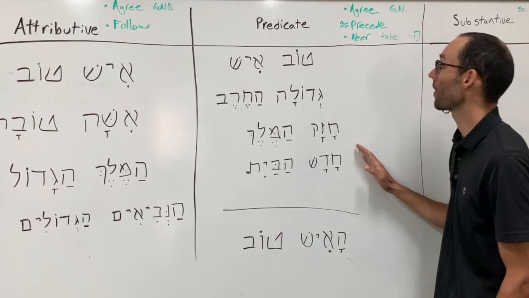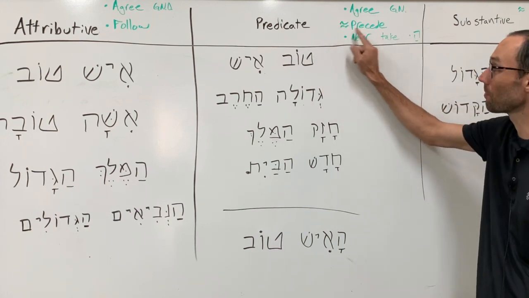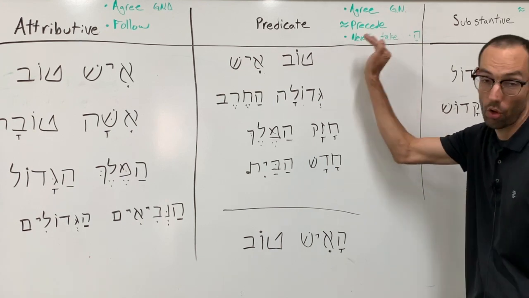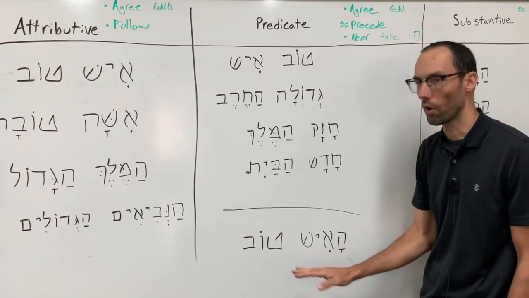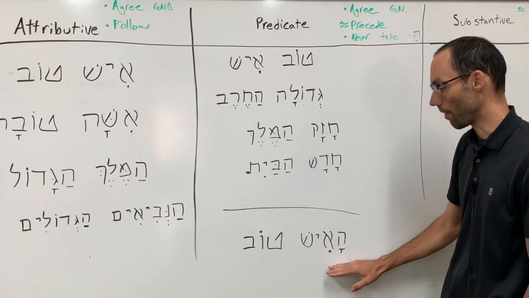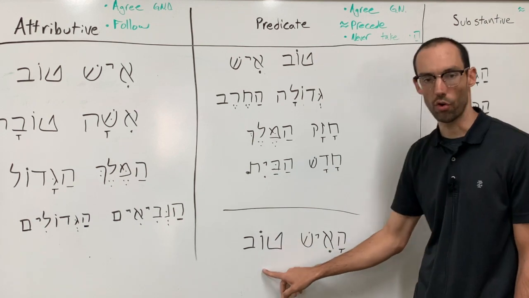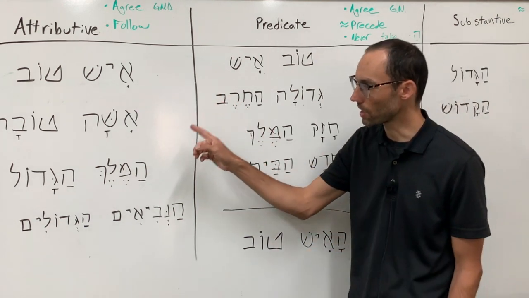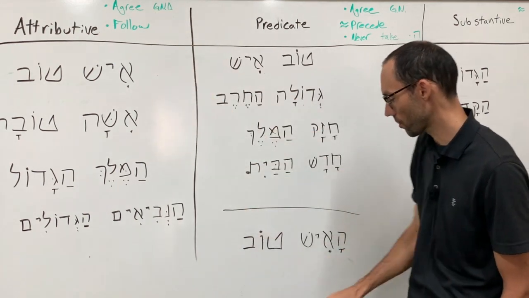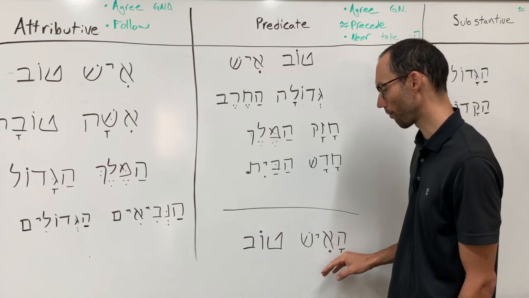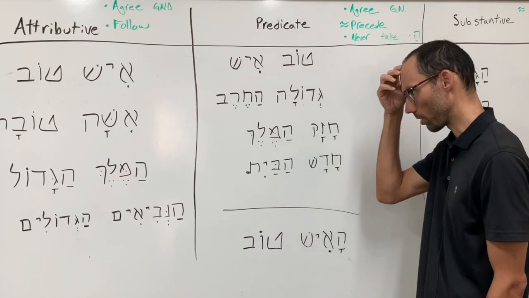Now, I do have to say that the predicate position precedes, but I put this little approximation symbol in there to say almost always. It usually precedes. There are times, rare occasions in the Bible, when the word order will be switched up in the predicate. And so you'll see ha'ish tov. And so you'll be tempted to think it's this, but you'll be like, well, wait a minute. If it's attributive, it should agree in definiteness. So because I see ha'ish tov, that can't be the man, the good one, because there's no the here. So what's going on here?